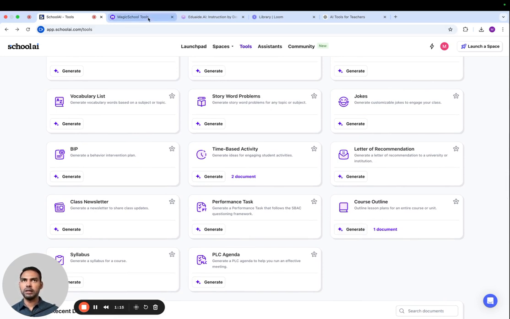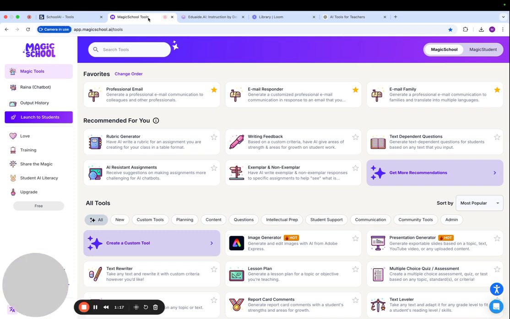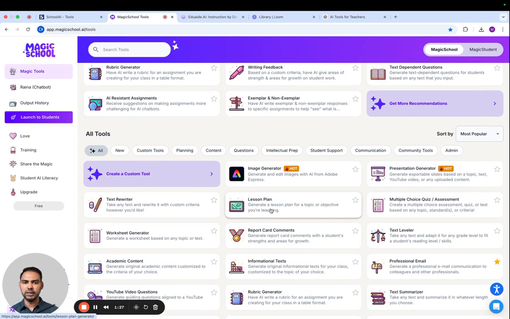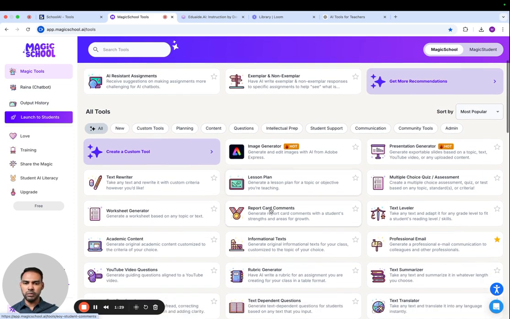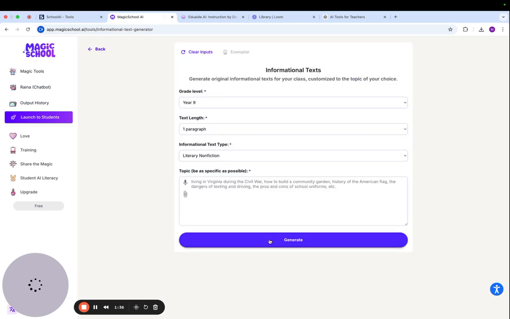Next, let's take a look at Magic School. This tool helps teachers save time and be creative. Here is what it can do. With Magic School, you can create information text on topics. So if you click over here, it will take you to this interface where you can